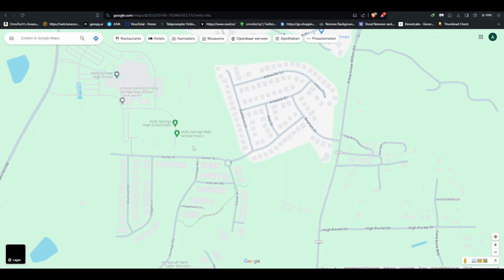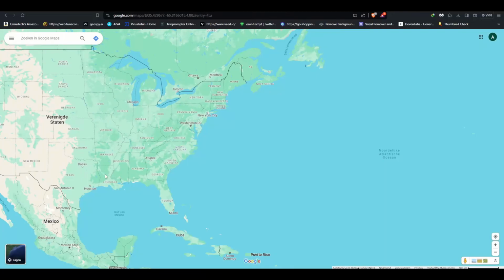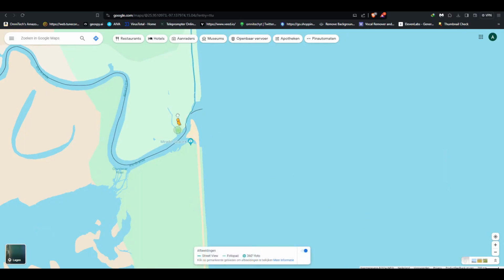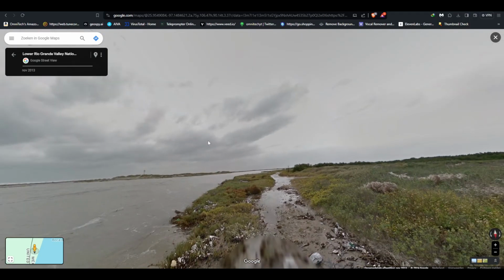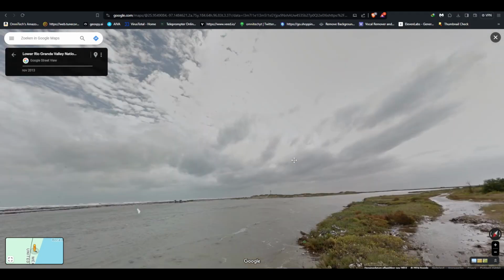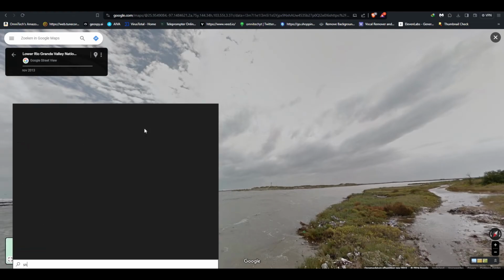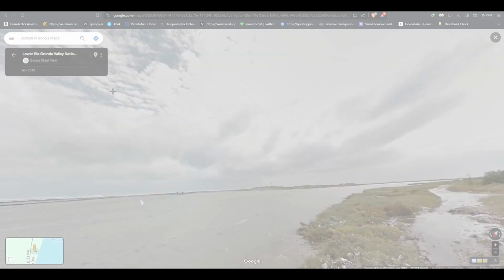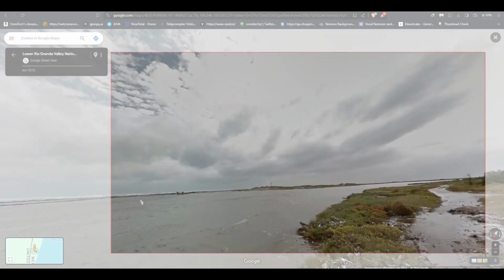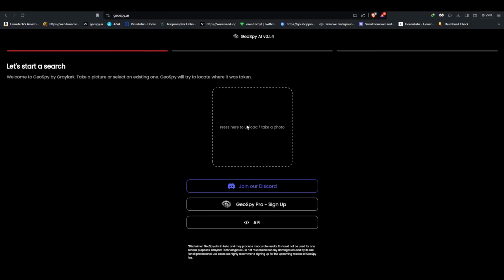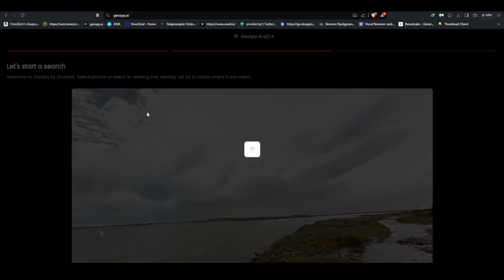Now let's get out of here and give it something quite difficult, because that will be right on the board, right here. If Google Maps has ever gone here, looks like right there. But we're going to be looking at Mexico. That's a tricky one, AI. There's nothing to really identify here. So unless this AI has a repository of the Google Maps pictures, so it can look through there really quick. Now that would be something, but besides that, this will be another picture we're going to try really quick